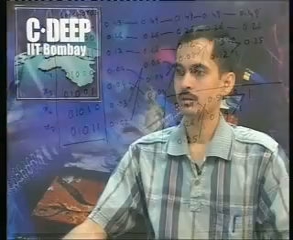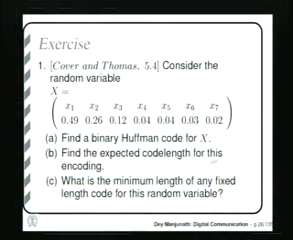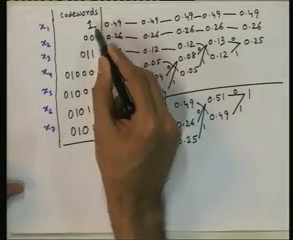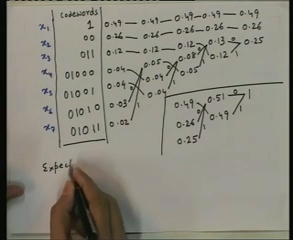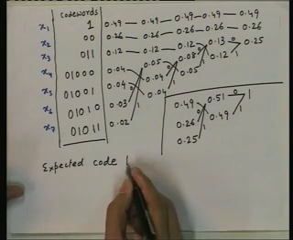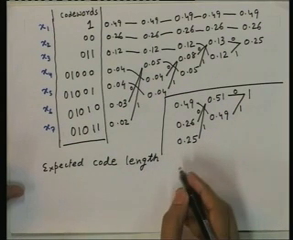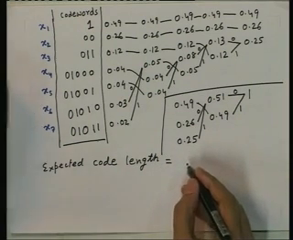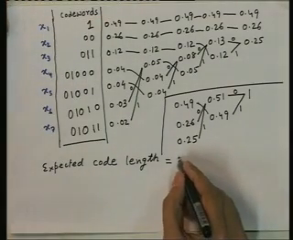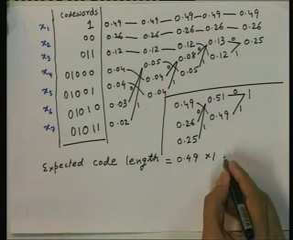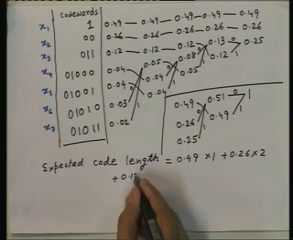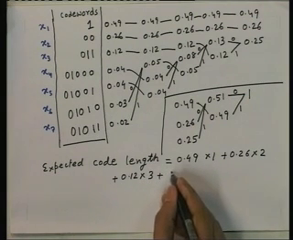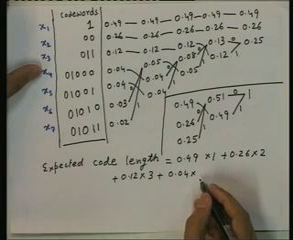The next question is: find the expected code length for this encoding. What is the expected code length for this encoding? We have one code word of length 1 with probability 0.49. So, expected code length is 0.49 times 1 plus 0.26 times code length 2 plus 0.12 times code length 3 plus 0.04 times code length of x 4, which is 5,